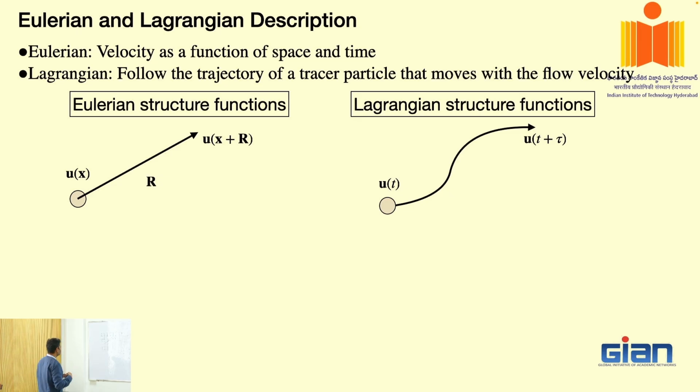In those limits, in those cases, you may put a few sensors there. You will fix these sensors in space and do the measurements there. Through those sensors, you will get the velocity field. So that information is going to be your Eulerian information, right? So this is one way of doing it.